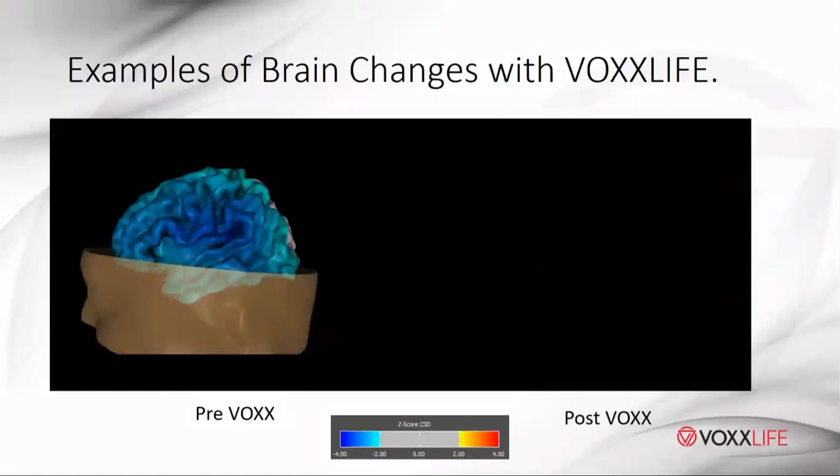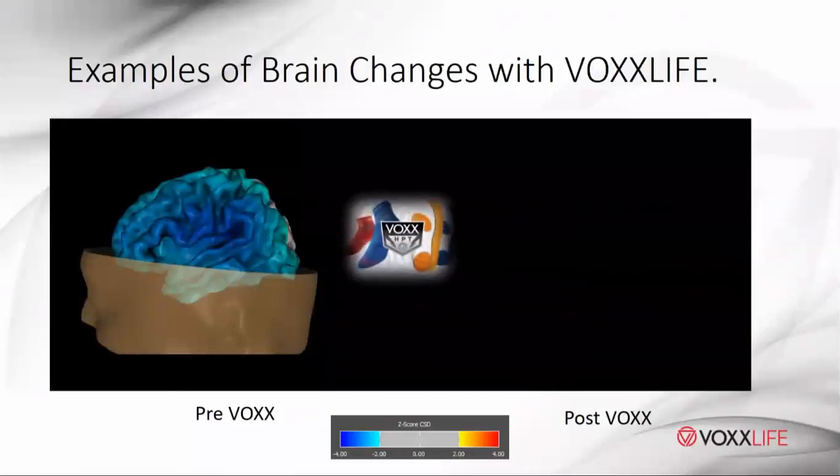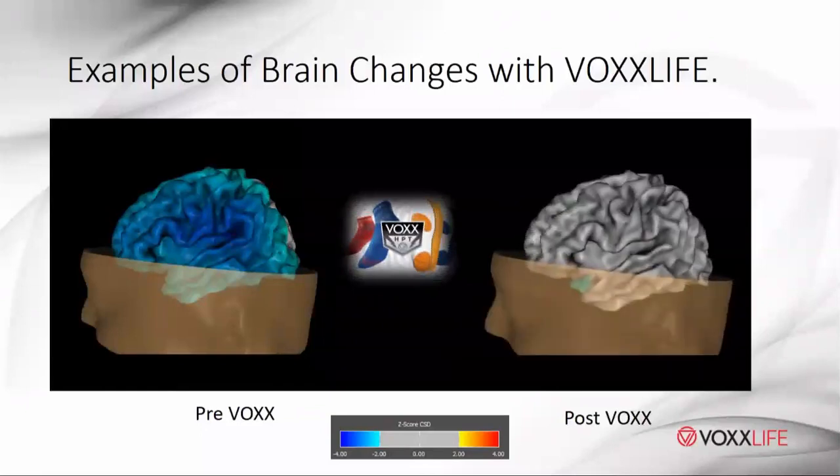Light blue means that cortex is functioning 2 times slower than average, 2 deviations away from normal. And the dark blue is 4 deviations away from normal. So this is a person that has intense brain fog, can't sleep, very slow to respond. They have word retrieval problems. They're maybe even depressed. We'd see a brain that looks like that. Well, when we put that tech on and remap them,